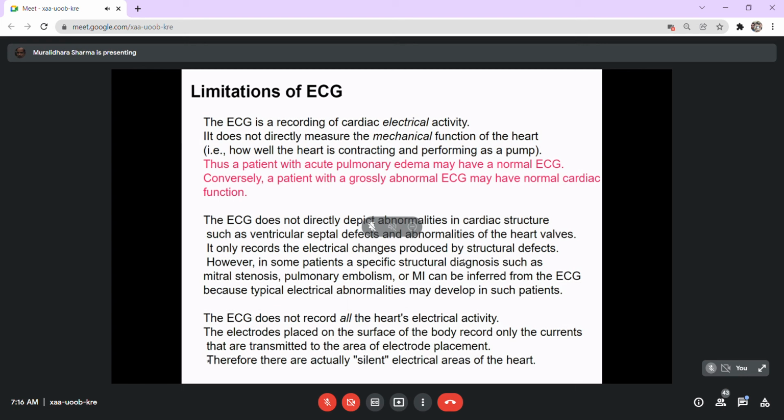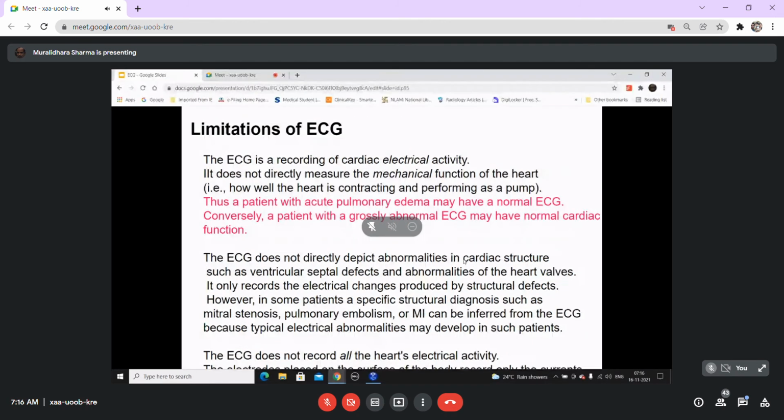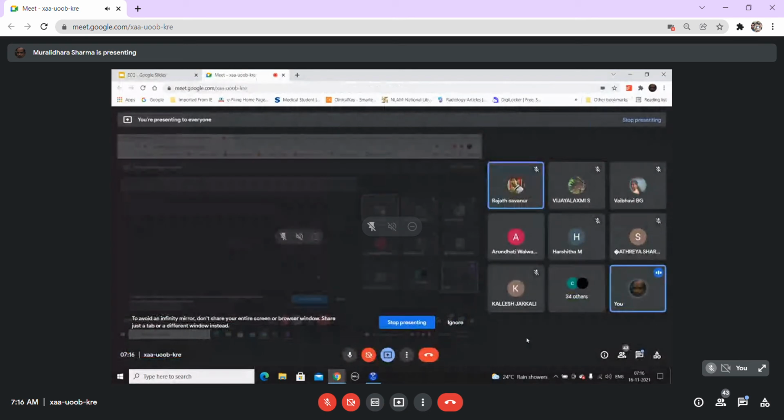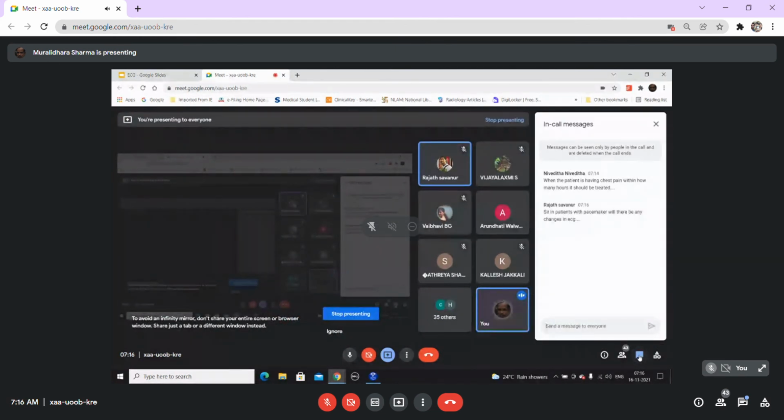Even in spite of the limitations, used judiciously, ECG can be a very useful tool to make the diagnosis and save the patient's assets. With this, I think we can conclude. If there are any questions, there could be some questions. My hope is, at the end of this class, you should be able to make out whether a given ECG is normal or abnormal. Whether you will be able to make an exact diagnosis in every case or not is not really the target. Then there are some questions.